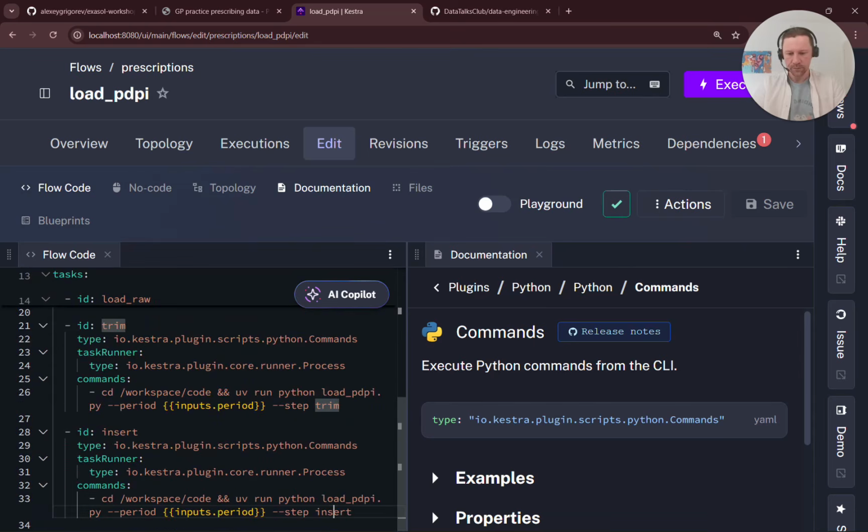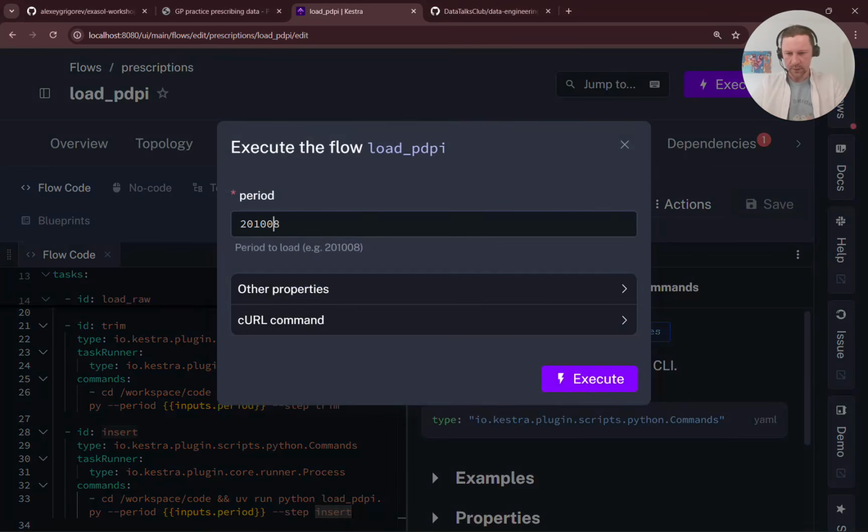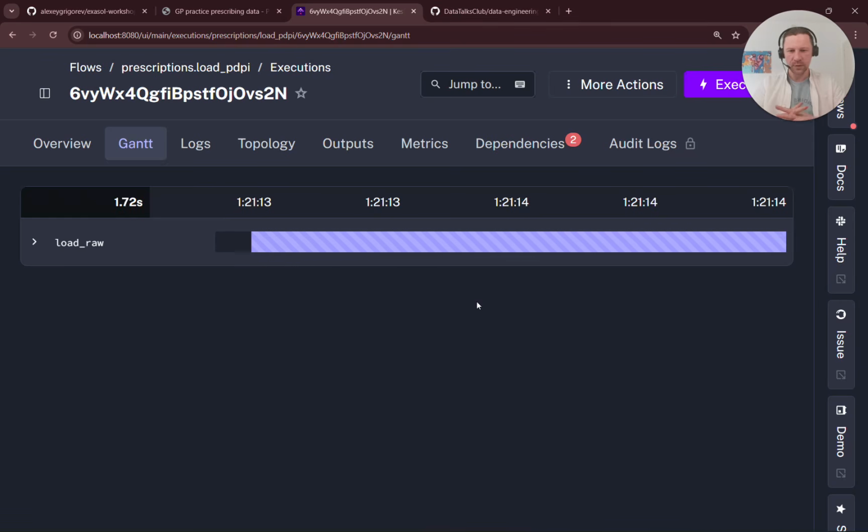So this is going to be our input. And then we do a for each loop over all the periods. And then we execute the subflow, which is our load month,